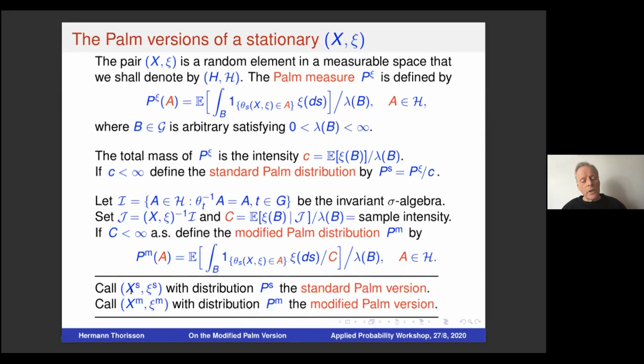And I'm using this notation that this is the pair with the standard palm distribution, and this is the pair with the modified palm version, the modified palm distribution. Okay, so I'm going to focus on the modified one